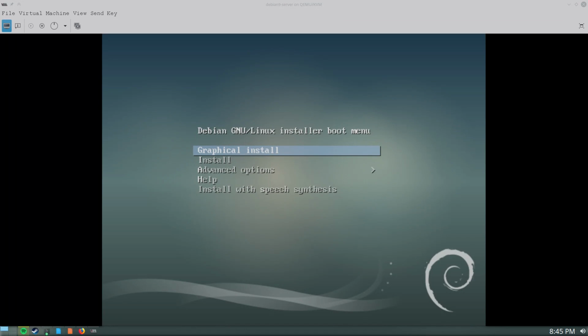Quick note, I'm going to assume you know how to obtain Debian, make a bootable disk, and get into the BIOS of your system or into a boot menu of some sort so that you can get your system booted up. If you do not know how to do these things, some basic information on those topics is available in the beginner series video. If you feel lost or have any questions, try checking out the beginner series video first. That might clarify some things, hopefully, and get you on the right track. But I'm going to assume if you're in it for the advanced series and you want to do the server install version of this, that you know a little bit more about what you're doing